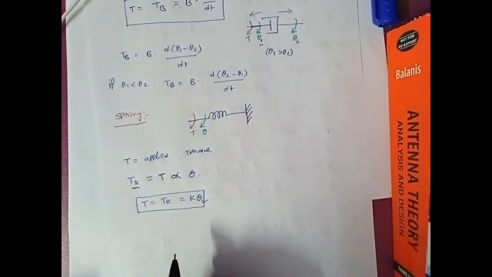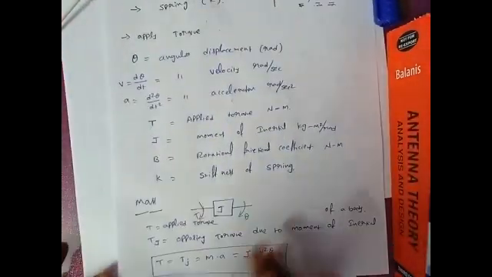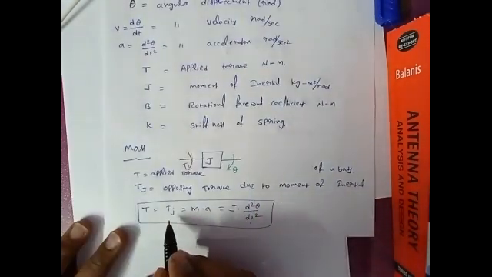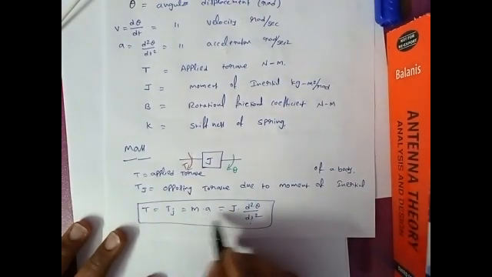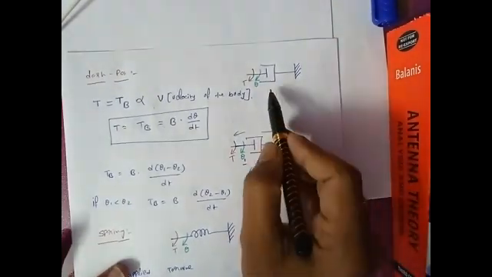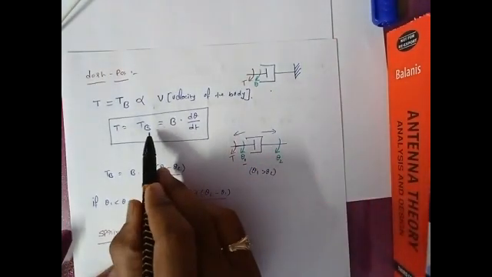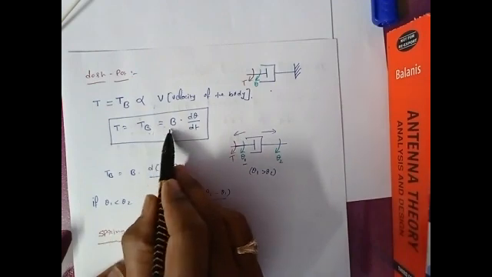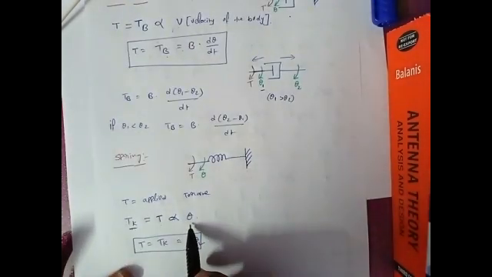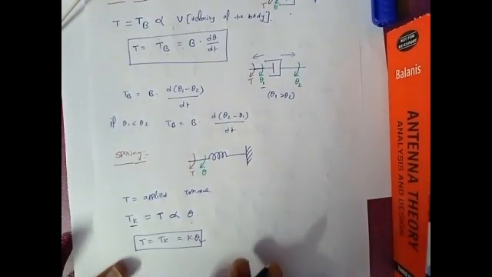We will use this one. As per the basic properties, we can conclude that whenever the mass opposes the applied torque, that applied torque is directly proportional to the mass times acceleration. For the dashpot, the opposition torque is directly proportional to the velocity. But when coming to the spring, it is only directly proportional to the displacement. These are the three equations we will use.